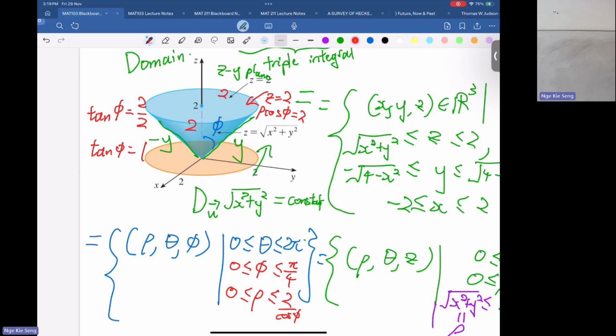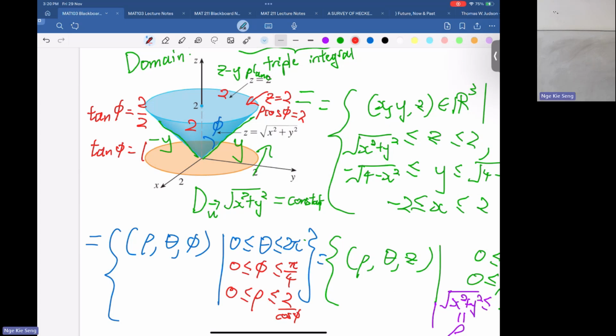So 2 over 1 is 2. Okay, so at the point phi is 0, rho is 2, correct? And then what else? 哪里反？有反吗？没有反吧？应该没有反。想一下有错吗？check 一下有没有错。